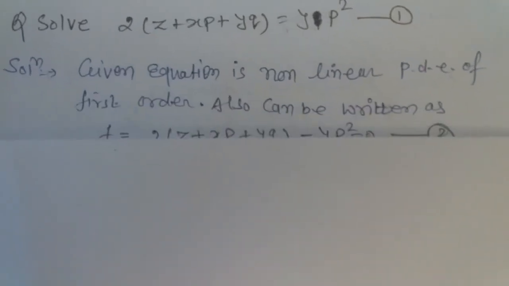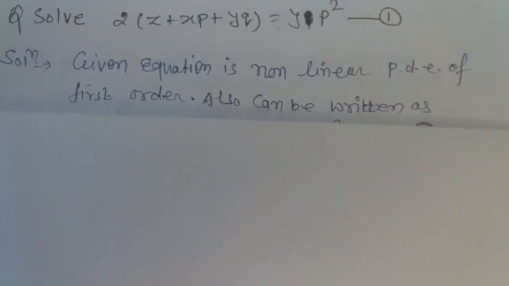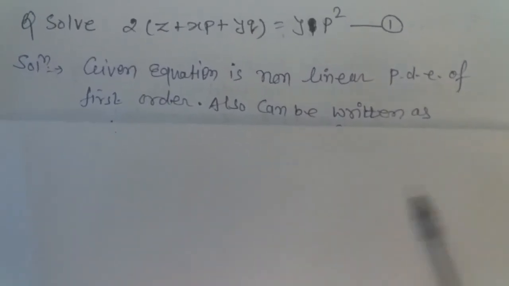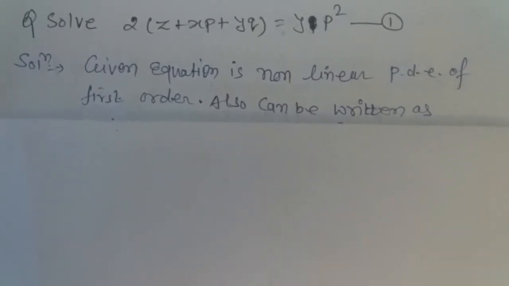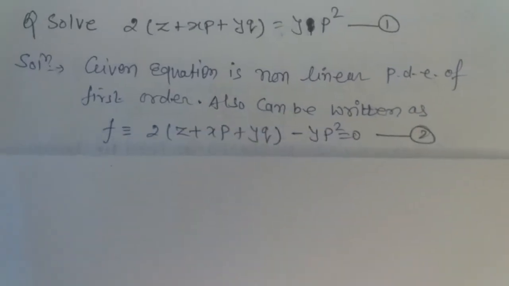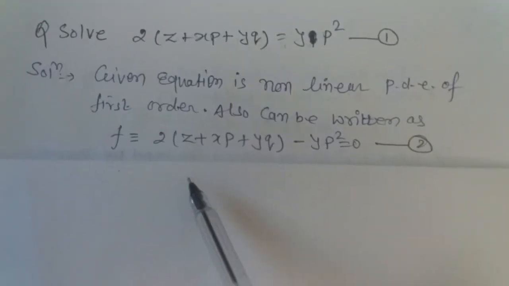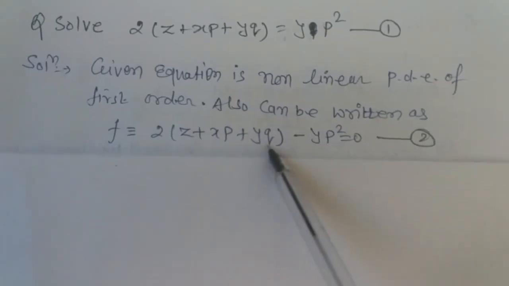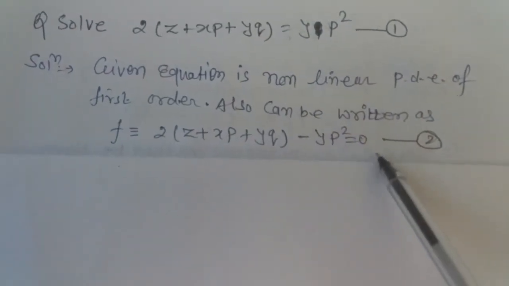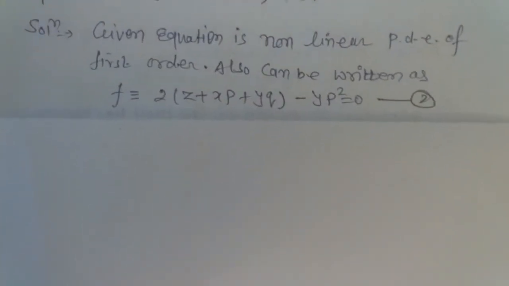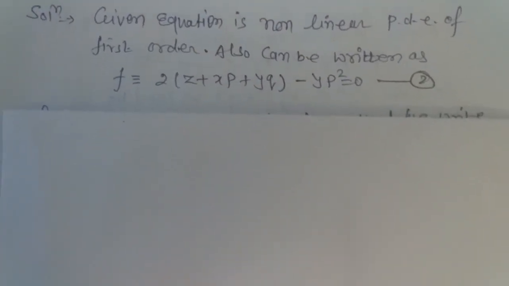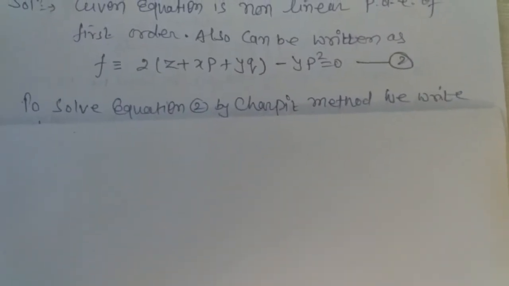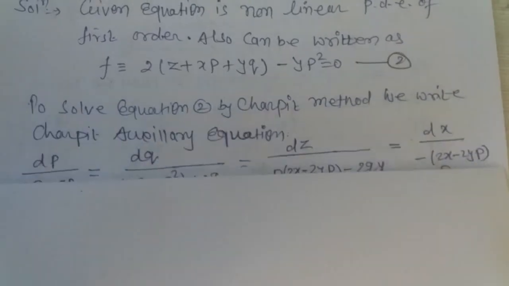So the given equation is a non-linear PDE of first order, and since we are going to solve this equation by the Charpit method, we write this equation as the function f is 2 times (z plus xp plus yq) minus yp square equal to 0. Now we write the Charpit auxiliary equation corresponding to equation 2, which is